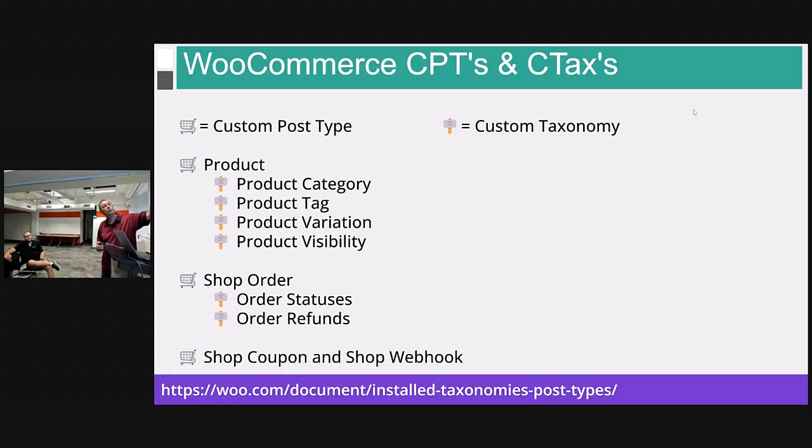Now, product category and product tag only work with products, so you've associated a new category. Similarly, there's a post type called shop order, and again, it's got custom taxonomy, status, and refunds. And there's two other custom post types called shop coupon and shop webhook. But you can see the way that the custom works to extend WordPress, what it normally is, which is just